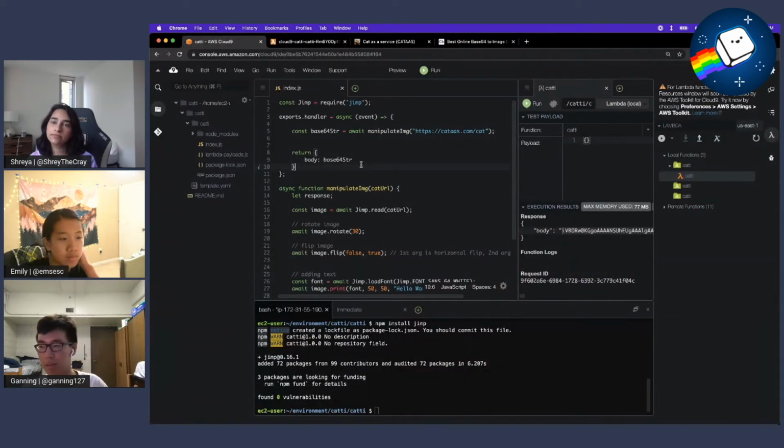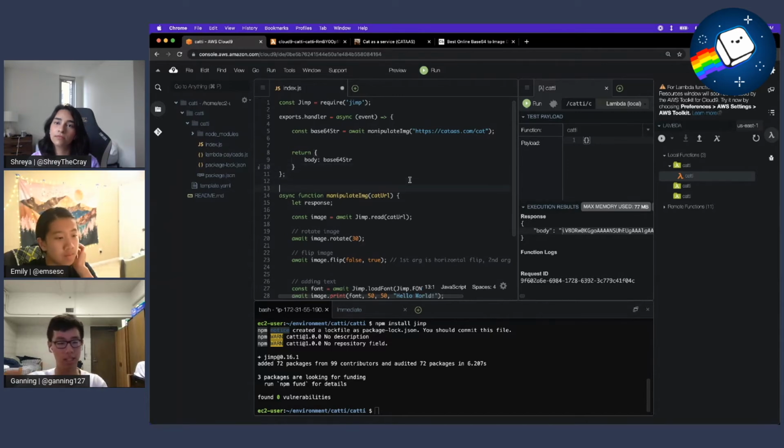But so right now we can add text, rotate it, flip it. What we need to do now is we're actually going to need to implement the way that you're able to get a category for the cat, right? So actually scratch that. That wouldn't make sense to do right now. What we need to do now is get user input. So the user needs to be able to say whether they want to say like, hi Ganning on it, or like, hi Emily, or hi Shreya, or like, I'm the best on the image, right? So what we can say is,